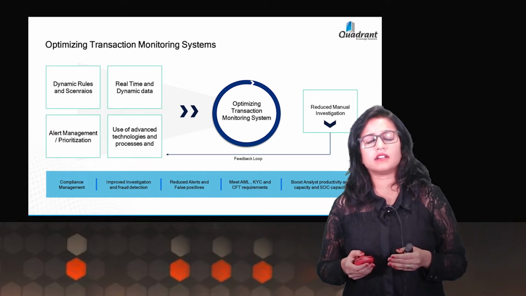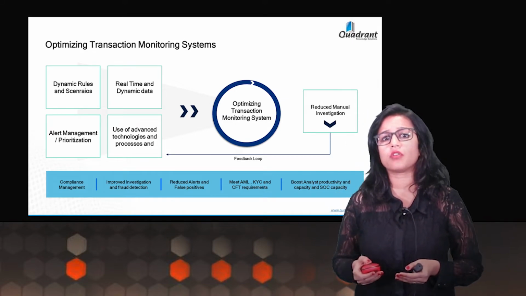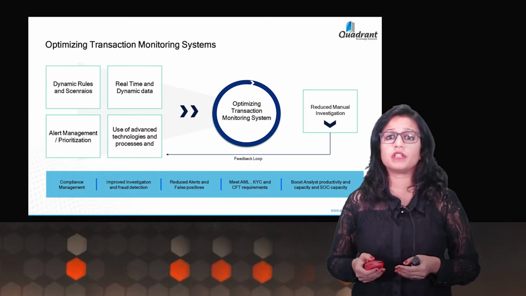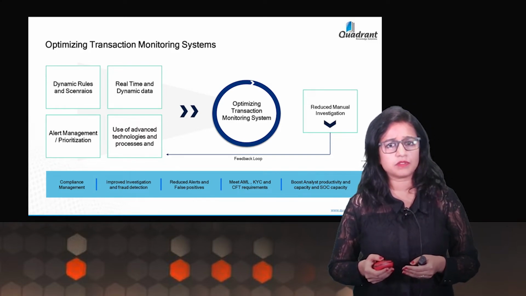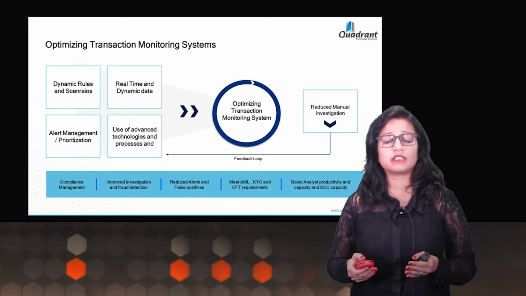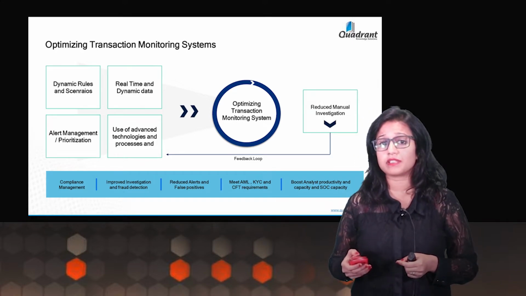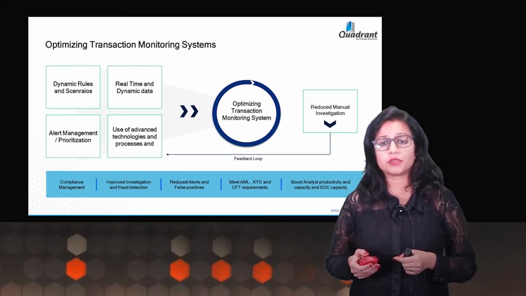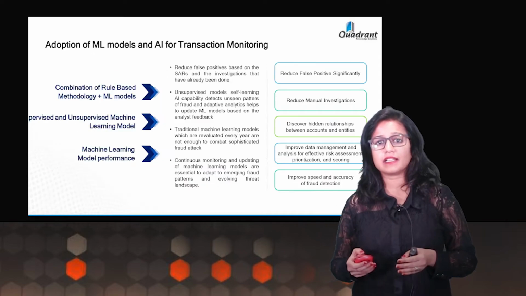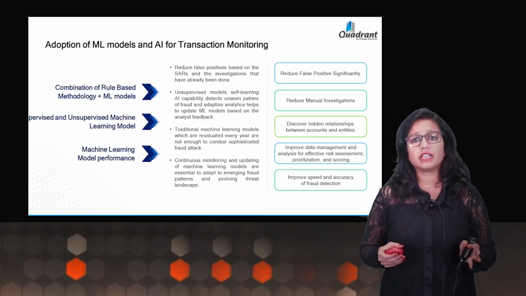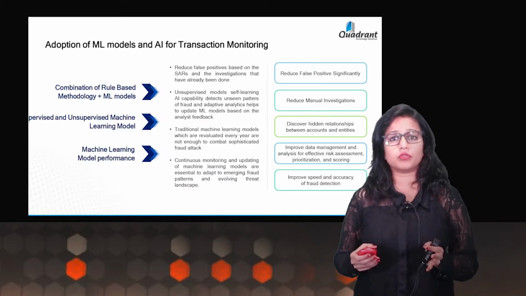We also see that utilizing various tools and technologies helps FIs to build effective transaction monitoring systems. Advanced technologies such as AI, ML, RPA can help FIs to improve their existing transaction monitoring systems as well as processes. So let's move on to the next slide and look at some of the innovations through adoption